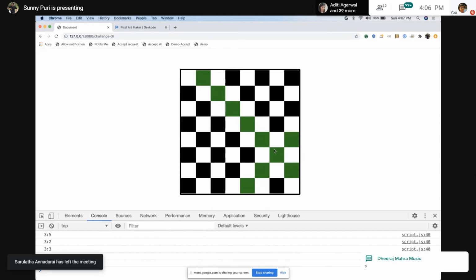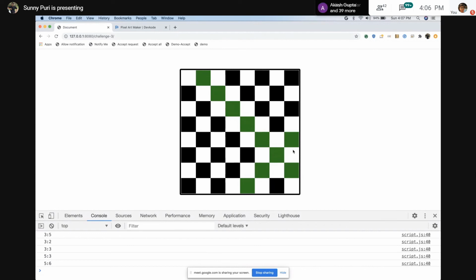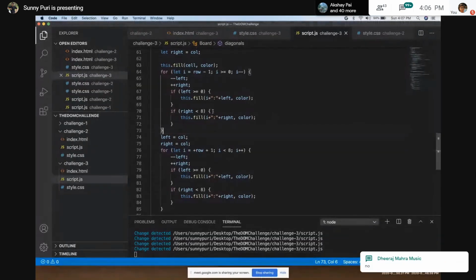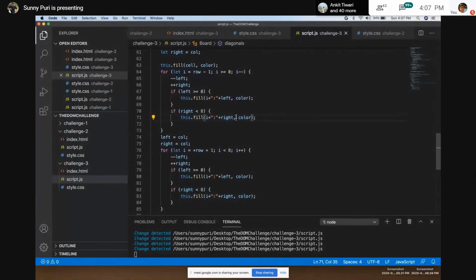So how many times will the increment and decrement operation be performed? 1, 2, 3, 4, 5. Same with right: 1, 2, 3, 4, 5. Tell me, do we have these indexes? Right 8, right 9, right 10, right 11, is there? No, right? That's why we added a check. That's why I've added it, don't fill it, otherwise it will throw an error. So basically it's a check.